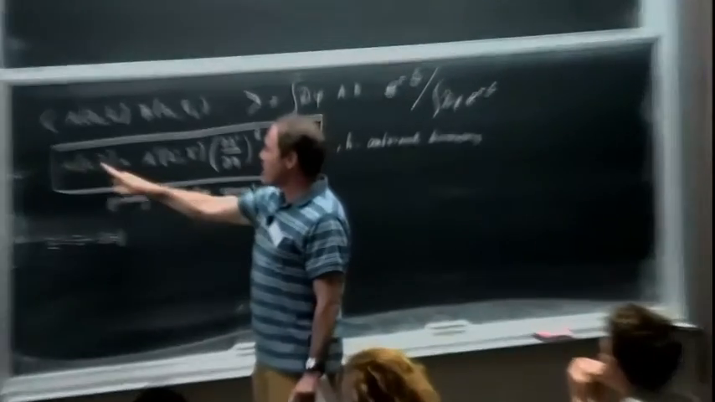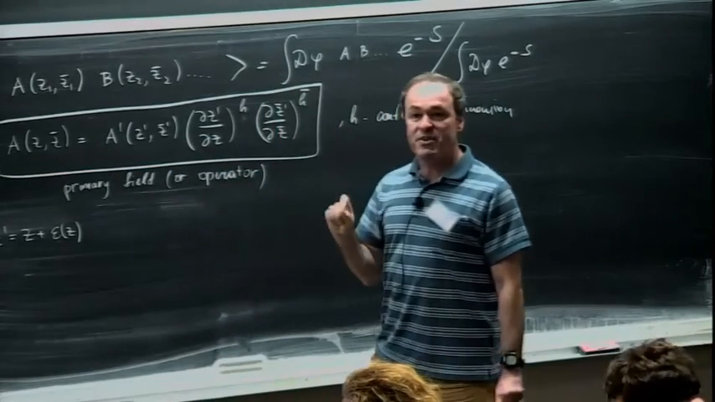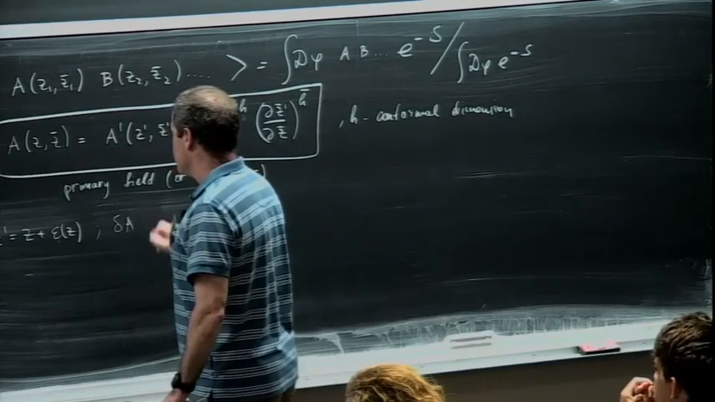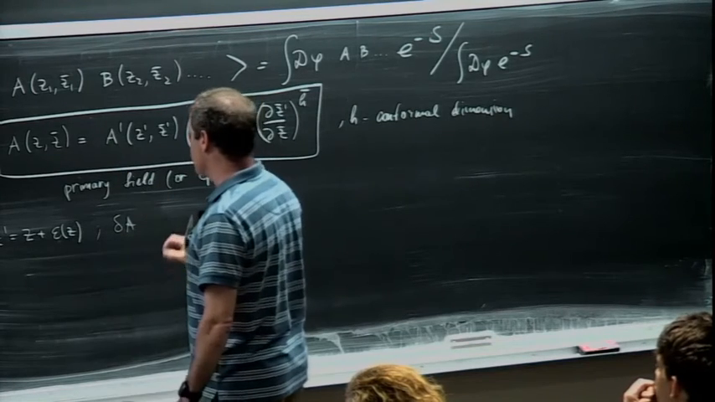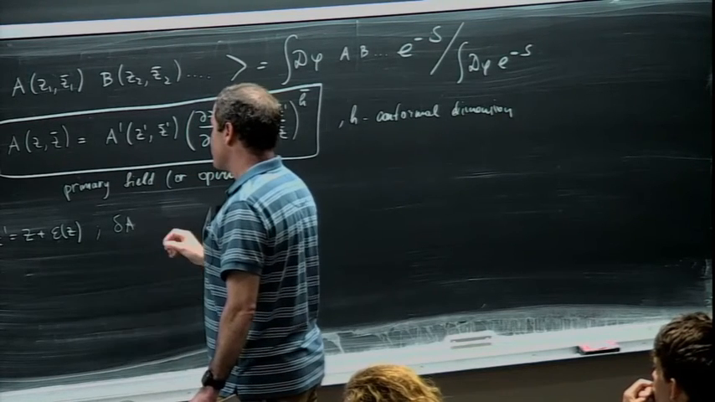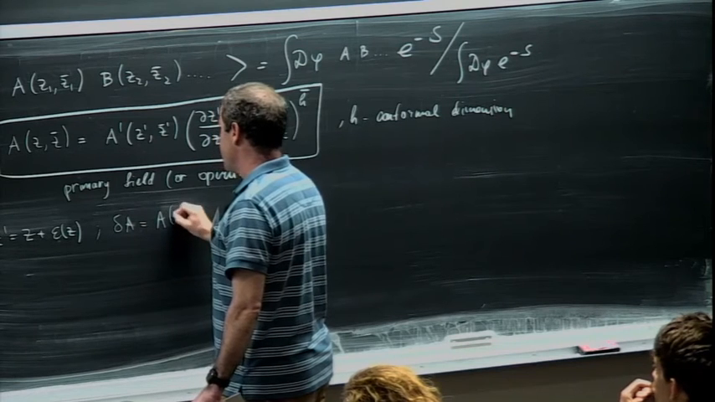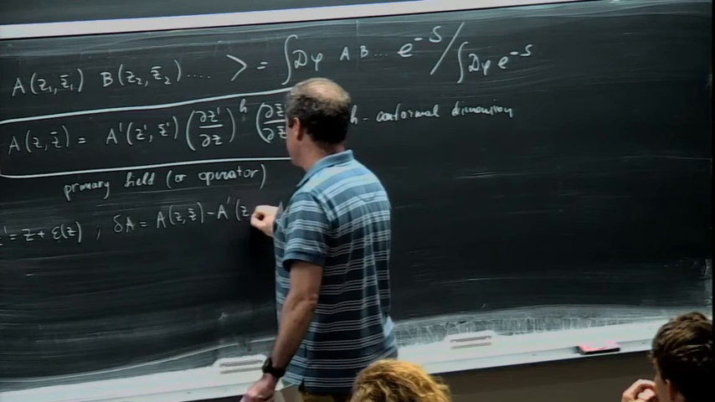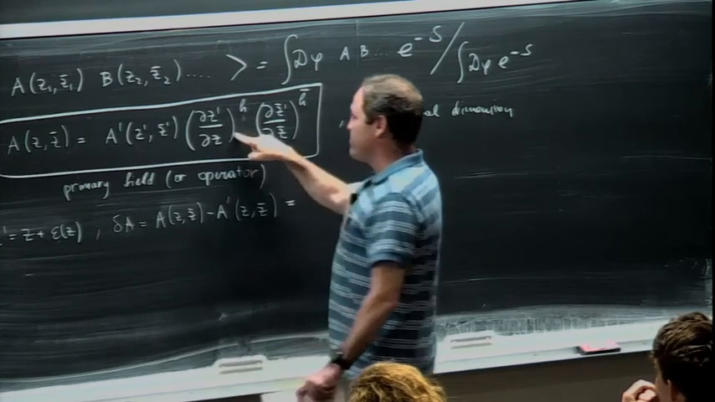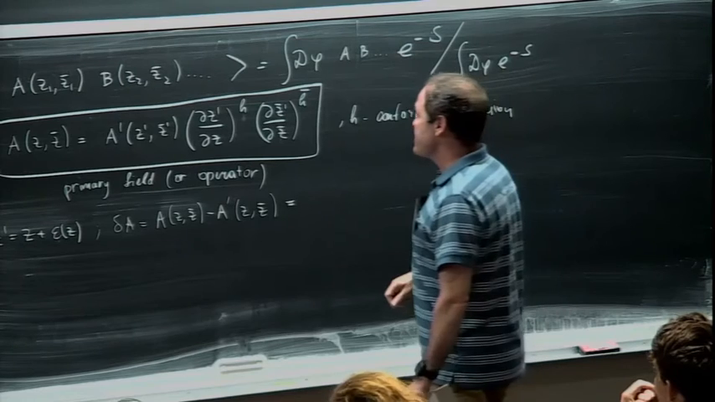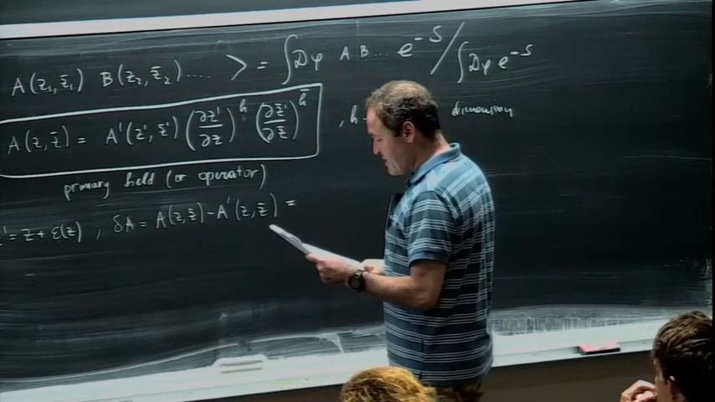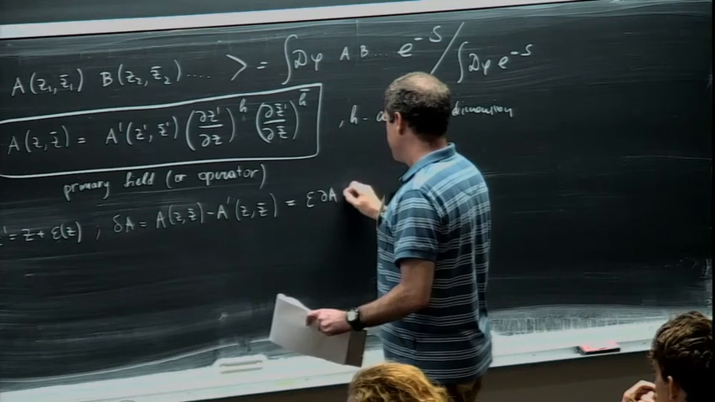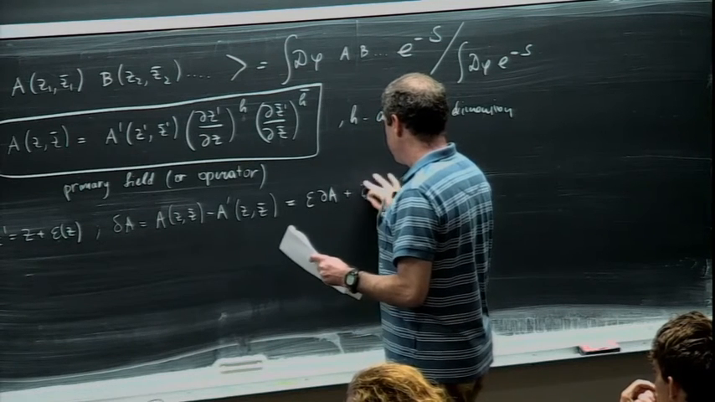And so we will call a minus a prime at the same point (z, z bar) the change in the operator as we go from one reference frame to another, or as we do conformal transformations. So delta a is defined as a(z, z bar) minus a prime of (z, z bar). And then from this formula, we can show that this is equal to epsilon dA plus epsilon prime